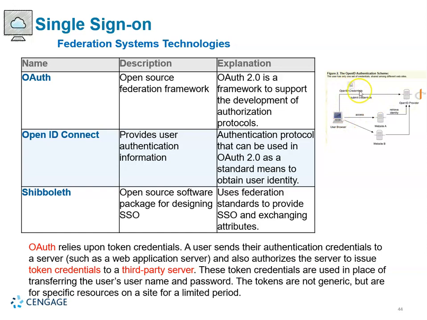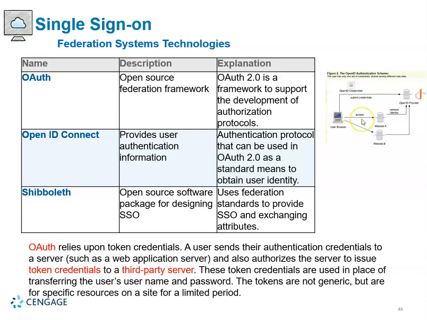So the OpenID credentials are shared with this particular OAuth authenticator, which can then validate that this is an authentic user. So as it says here, a user sends their authentication credentials, that's this line, to a server,